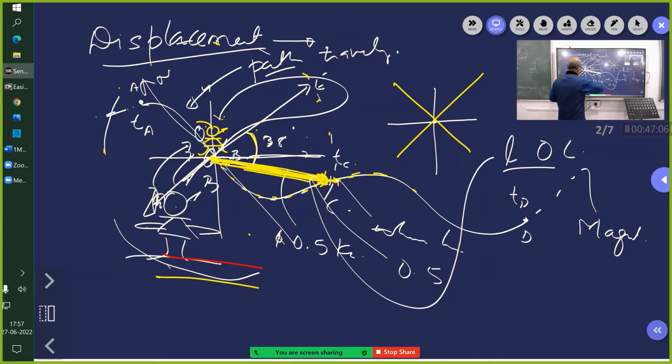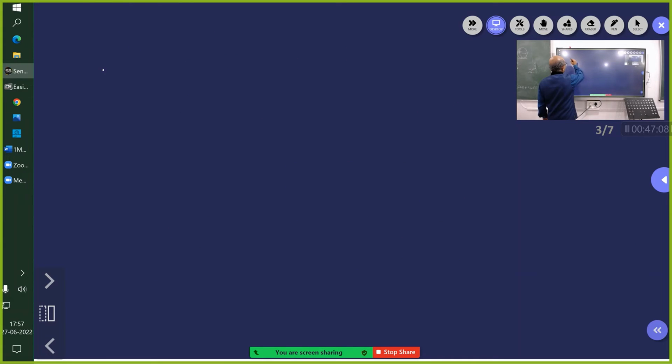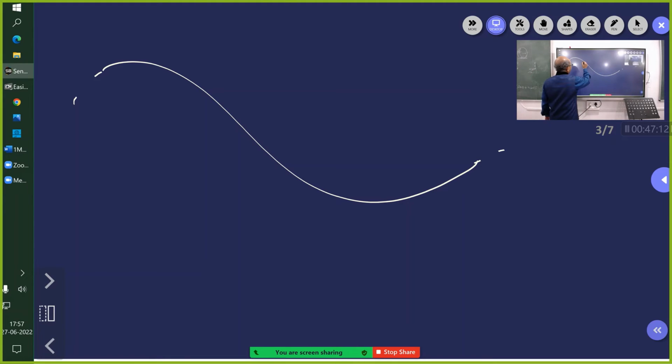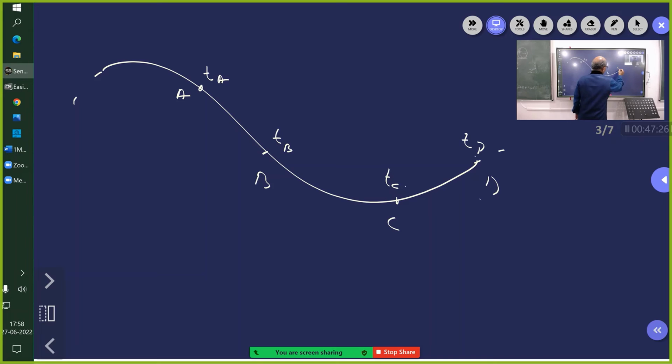So now I'll redraw this. This is the path taken by the person, and these are points A, B, C, D, and so forth. At different instants of time, he is here. And now I want to know, with respect to this point, when the person is at this point, where is he? If the question is asked, then the answer to that is,